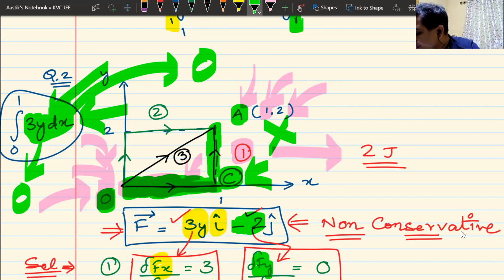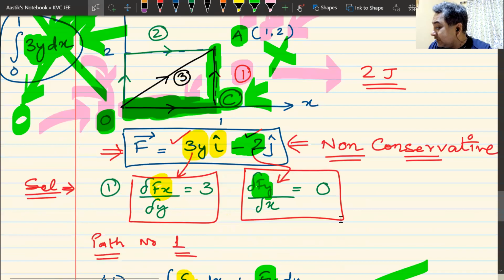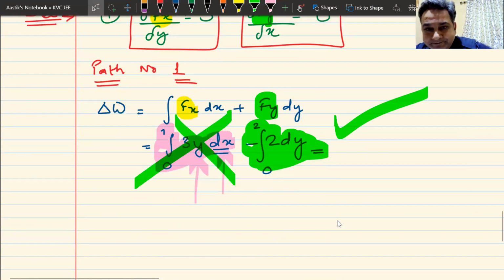I hope you understand what I'm saying now. From O to C, y is 0, therefore this thing is 0. From C to A, x does not change, so it is 0. That means for the entire path from O to C to A, the integral of this thing is simply 0, and this thing just goes away.